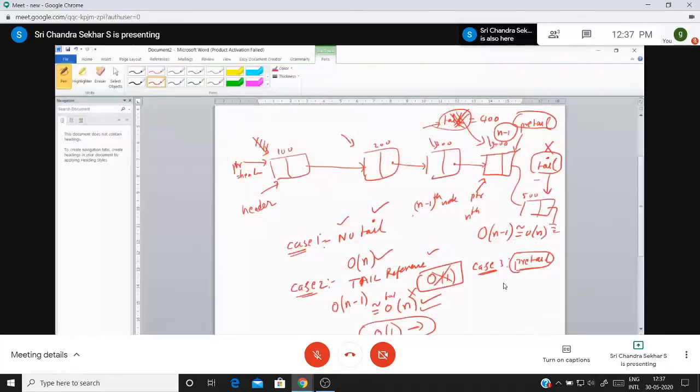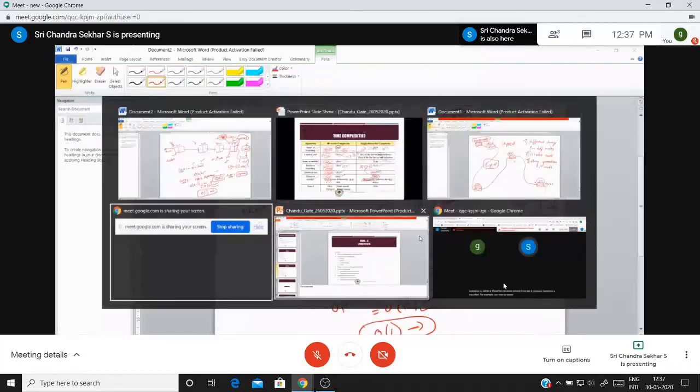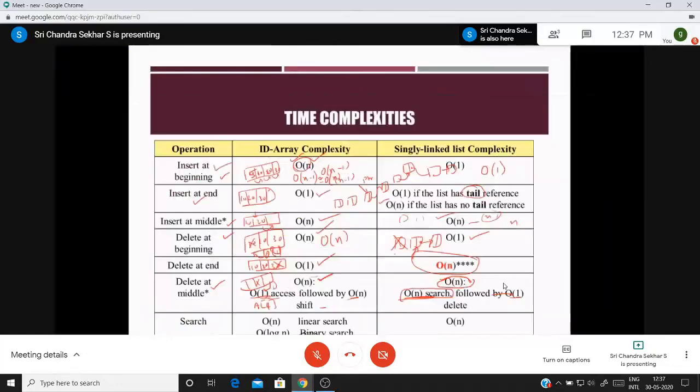Right. For example, you may be asked a question like this. I am saying that deleting an element from anywhere in the middle of the list is big O of n. Let us consider a special case where you want to delete exactly the middle element of the linked list.